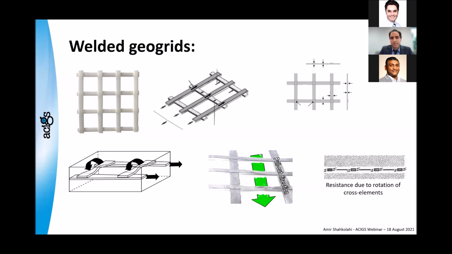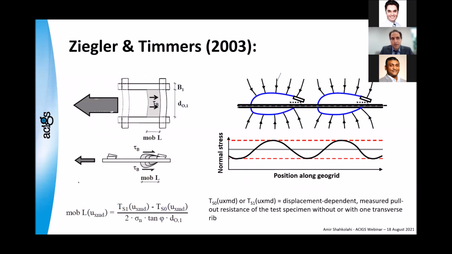Now, how to take this into consideration, Ziegler and Turner in 2003 made some calculations and modeling based on pull-out tests. And as you can see, this is what they developed. And tau shows the force. And then based on that, this is mob L, which is actually the length that is activated, where tau is activated. And then you can see in the bottom, that equation is how we can